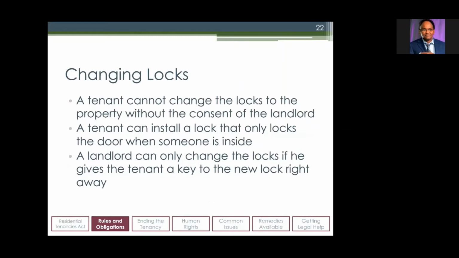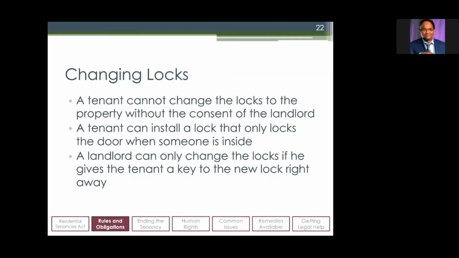As a tenant, you cannot change the locks without the landlord's consent. As a tenant, you can install a lock that only locks the door when someone is inside. The landlord, of course, does not have restrictions on what kind of locks they want to install. But if they want to change the locks and you are still living there under your agreement, they have to give you the new key immediately, because you should never be in a situation where the lock has been changed and you don't have the key and you are afraid to leave,